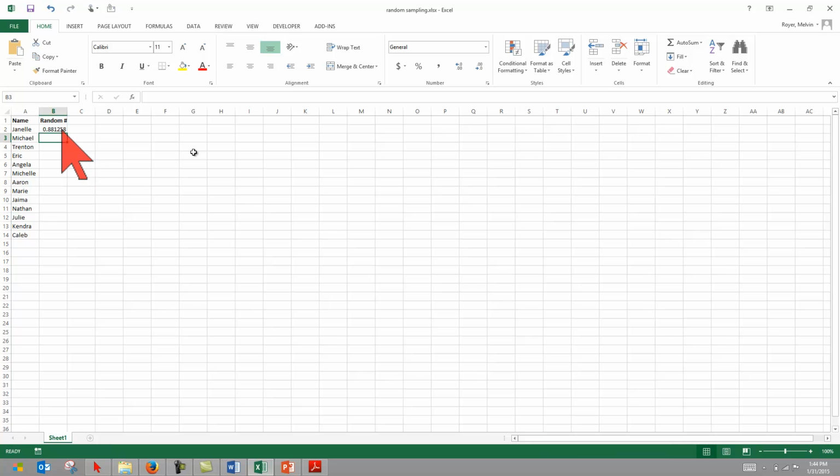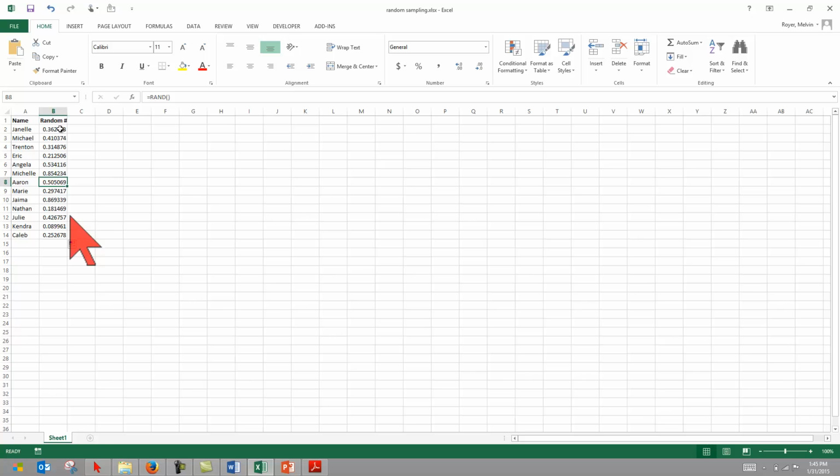and as I said, a random number between 0 and 1 has been generated and put in this cell. If you're doing this on your own computer, you're almost certainly going to get a different random number. That's the whole point. This should be different every time it is done. I could do the same thing in each of these cells, but it's actually easier to come here. There are little crosshairs on the lower right-hand corner. If I left-click and hold, and then drag down the rest of this column, it copies this formula down. Each of these cells has a rand command in it as well,